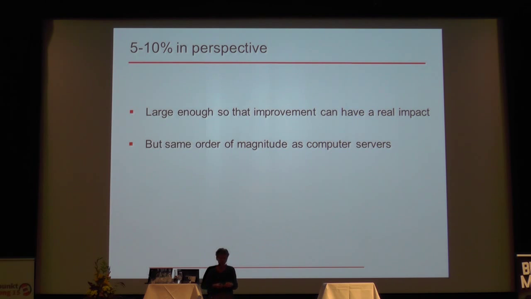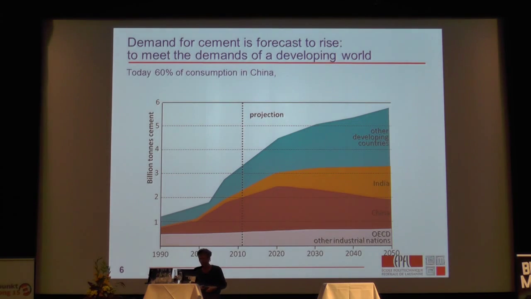And it's the same order of magnitude as what we produce by using computer servers. So every time you press that click for a Google search, you're producing a lot of CO2. And which would you rather do? Have your house to live in or be able to do all these searches? You know, we need to think about these issues in context and not get hysterical about this CO2 from building